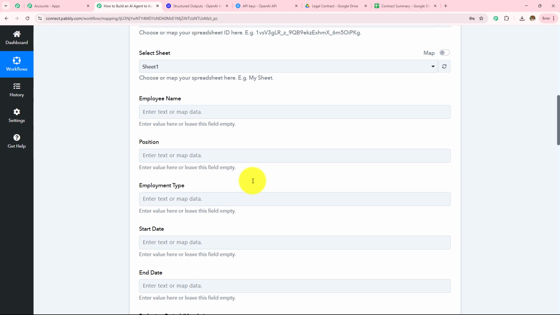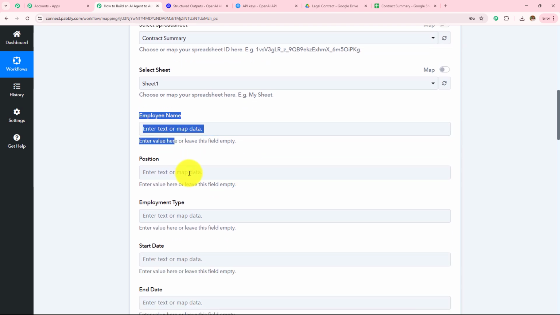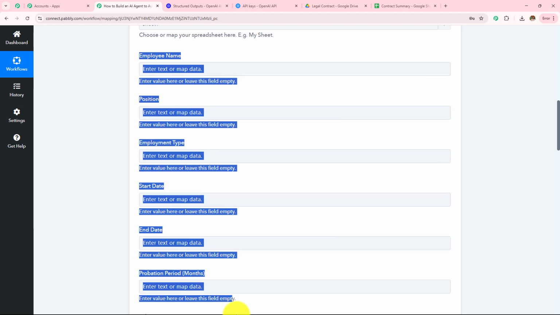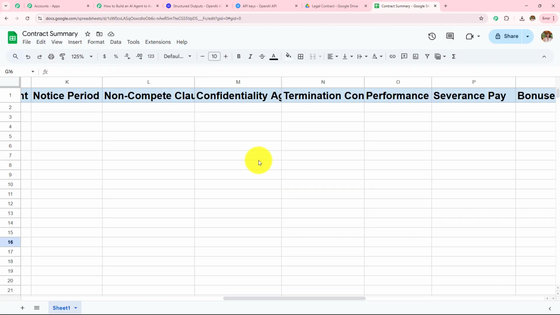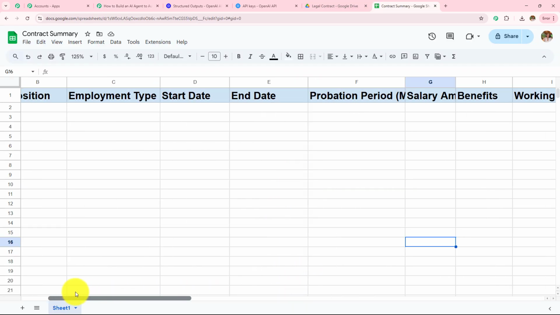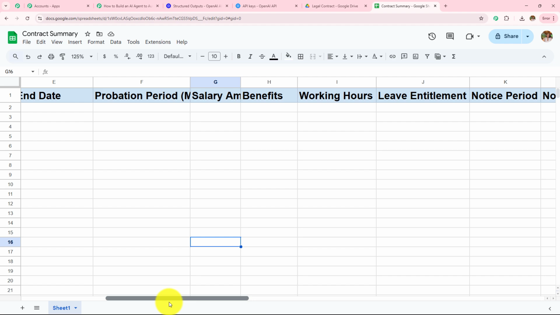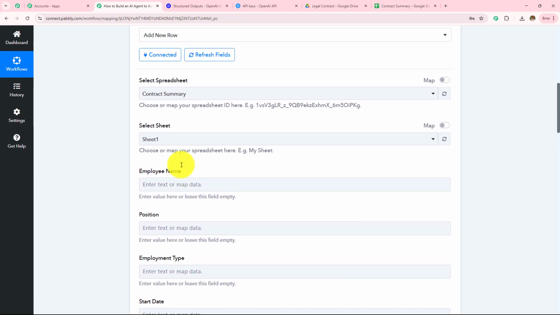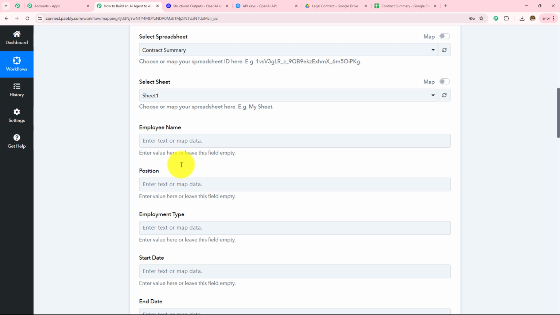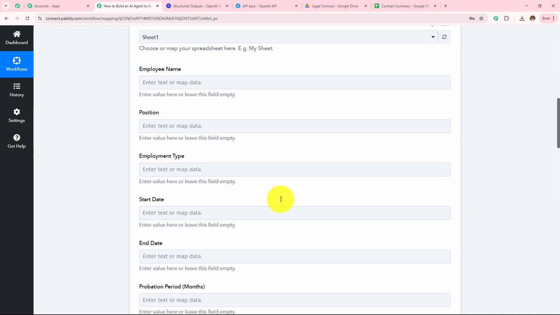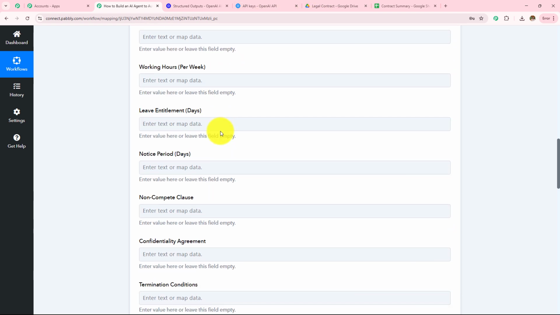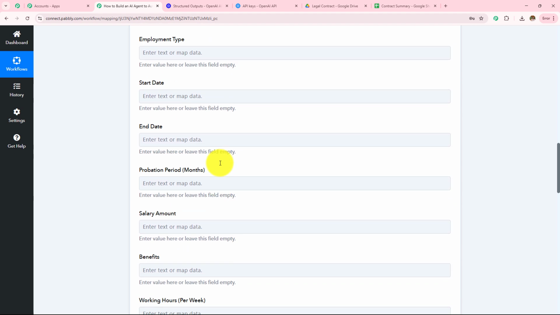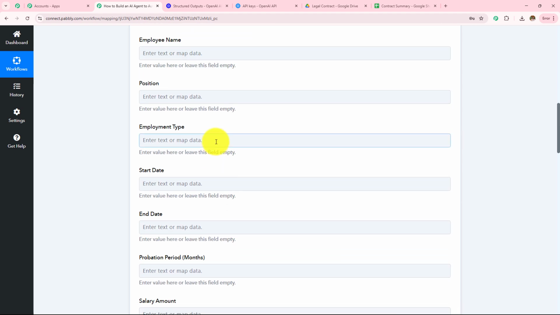Now I have to enter all these details. Here you can see I have all the fields in my workflow which I have added in my Google Sheets spreadsheet, which means my spreadsheet and this workflow is connected. Now I'm quickly going to map all the details. We are not going to enter this manually. Instead, we are going to map this so that we can keep these fields dynamic instead of static. And whenever I'm going to receive a new response, this will be automatically added into these fields. The data will be automatically added into these fields.